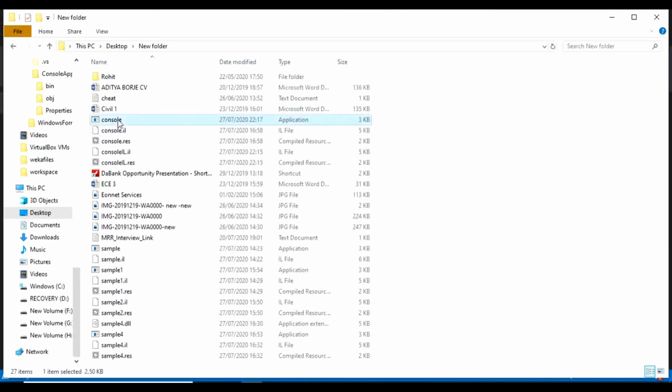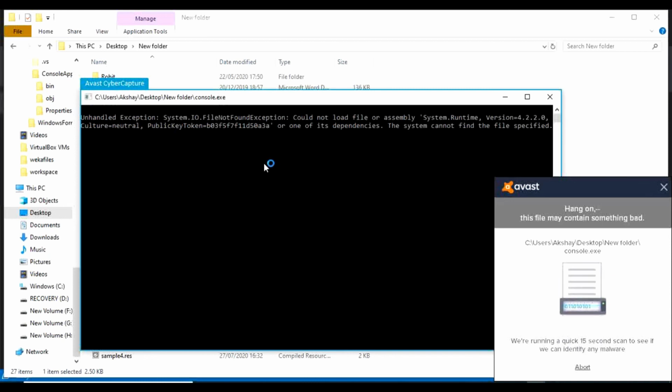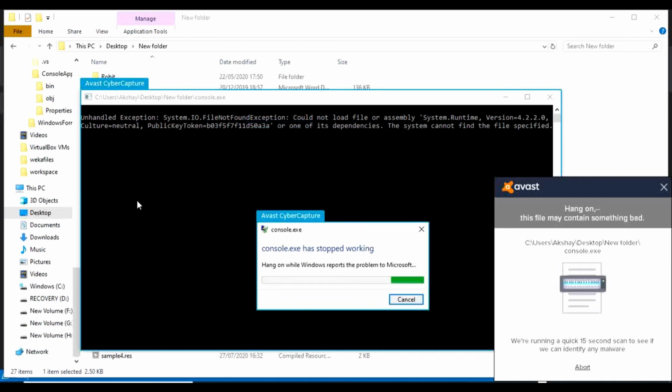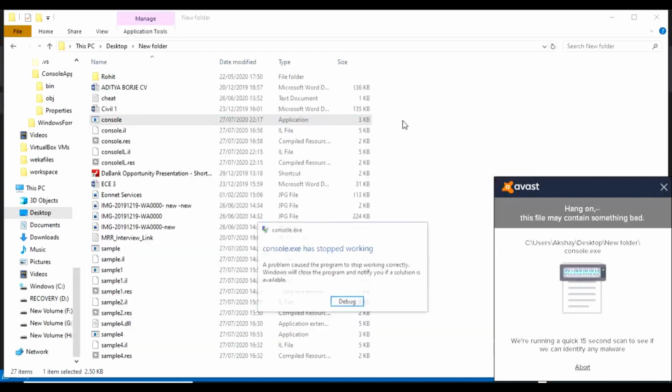Here it is. It has reconstructed the assembly back from this textual file. Now, if I run this file, it will not run. It is showing that it has thrown some exception; we will see what it says. Unhandled exception: System.IO.FileNotFoundException, could not load file or assembly.